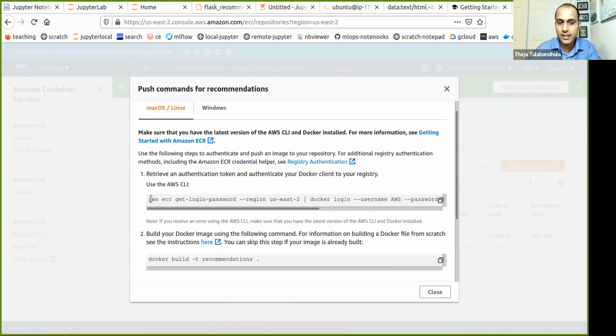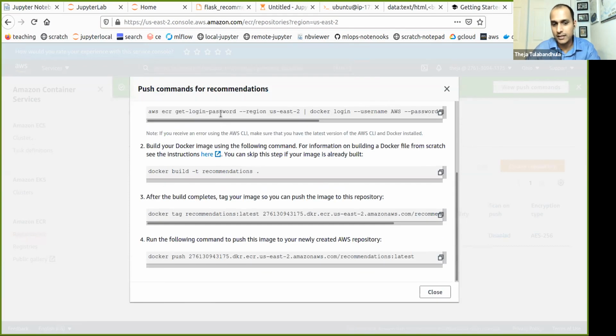So it says first try to log in to AWS, and that requires a command line utility. The utility is called AWS itself. And then this, we are already trying to do this: docker build --tag, instead of recommendations, we're just calling it prediction_service. After it gets built, we just have to tag the latest build of that image with this specific remote repository name.